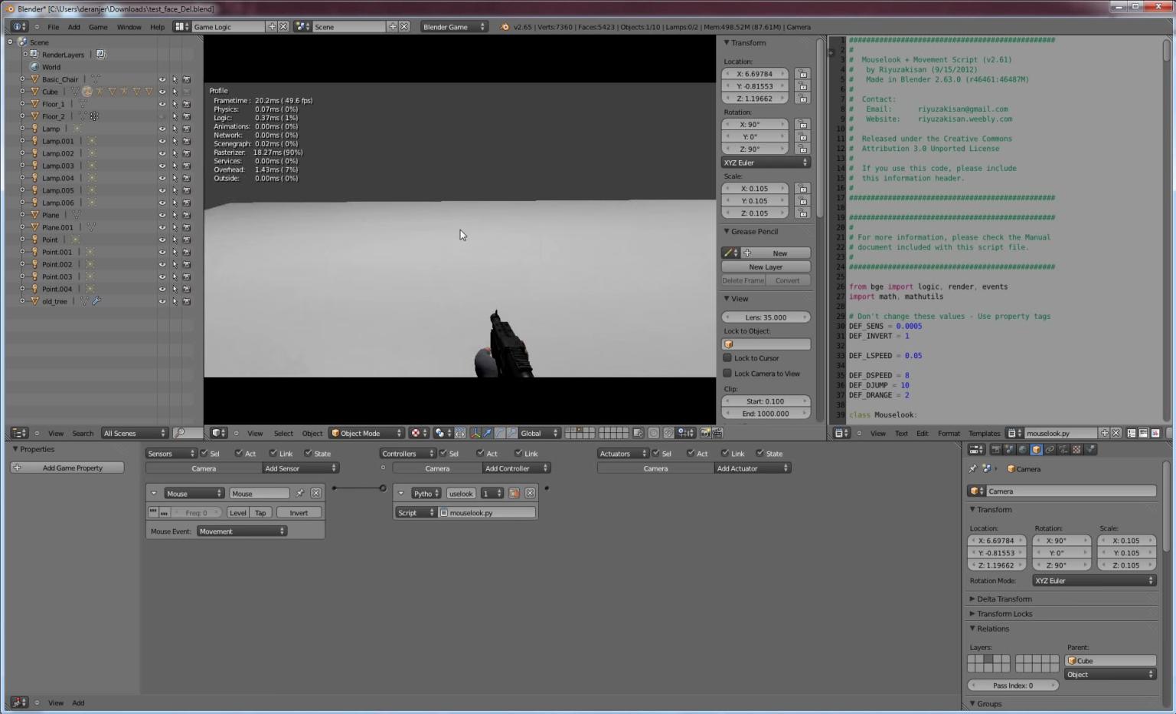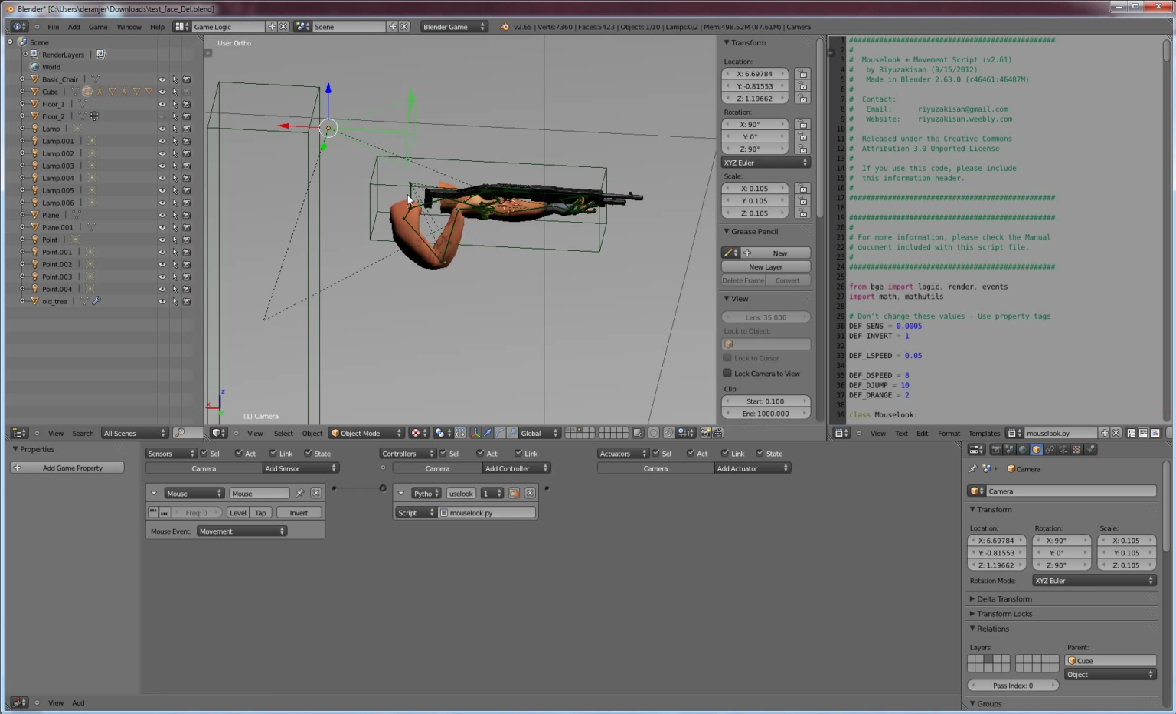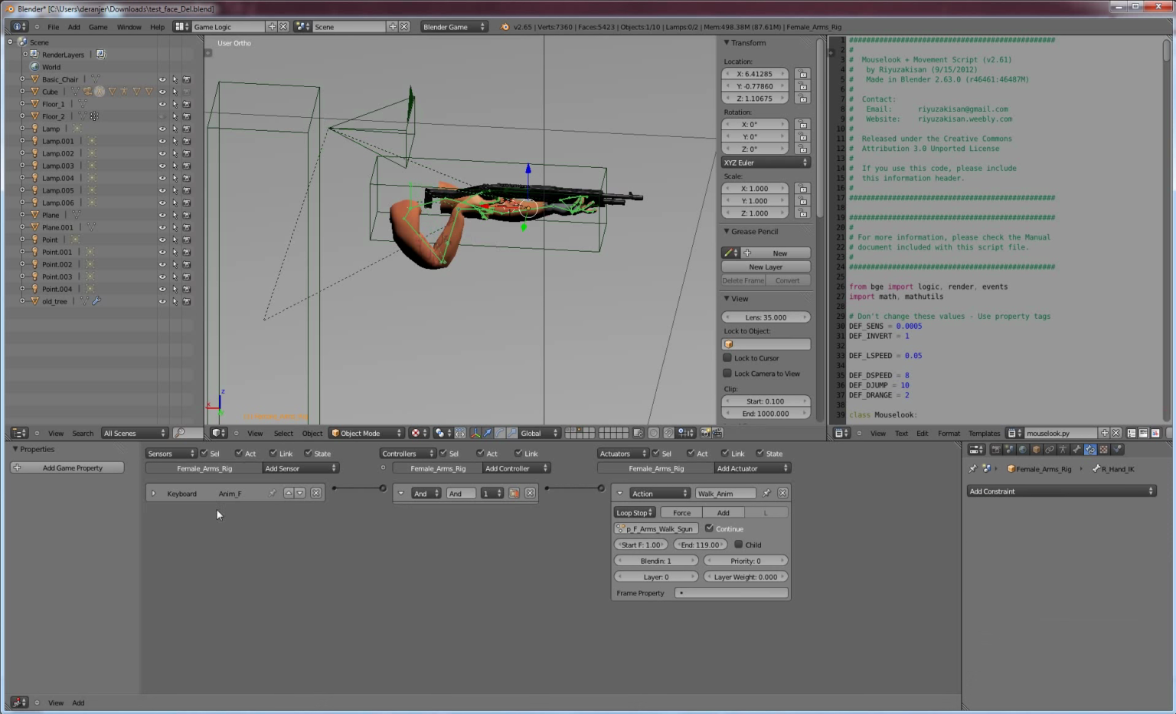You'll notice though when we move backwards and from side to side, it still doesn't do that animation. So that's another quick, simple fix. What we'll do is go back to this, and we're going to add another keyboard sensor, and then do anim underscore B, which is anim back,